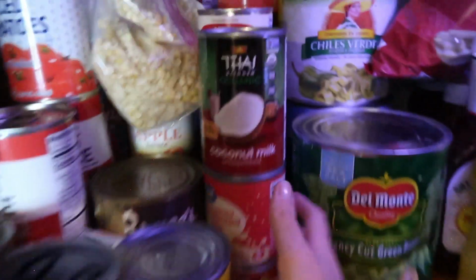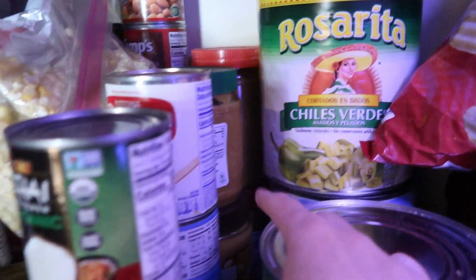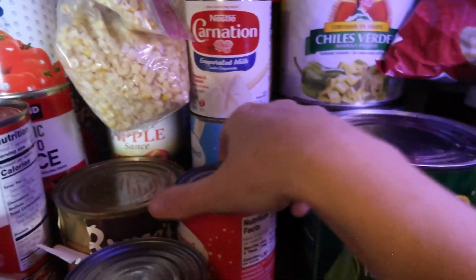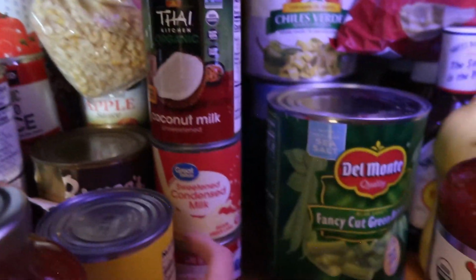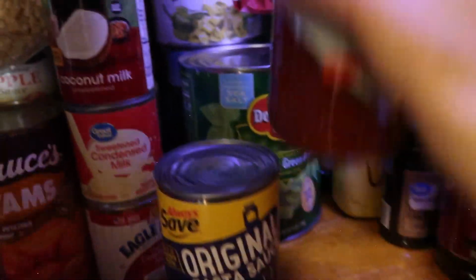So I also have some peanut butter. There's 4 jars of peanut butter back there. I've got all of my baking canned goods, evaporated milk and sweetened condensed milk. I also have a can of coconut milk, and then I've got several cans here of